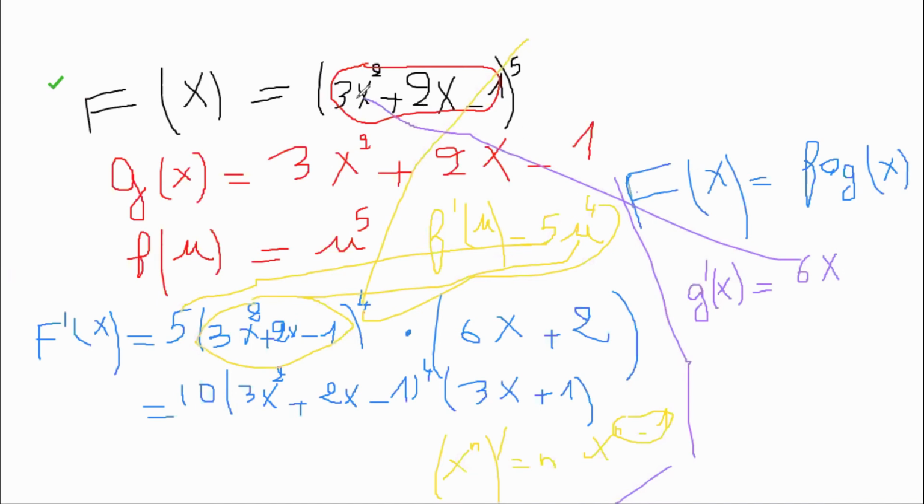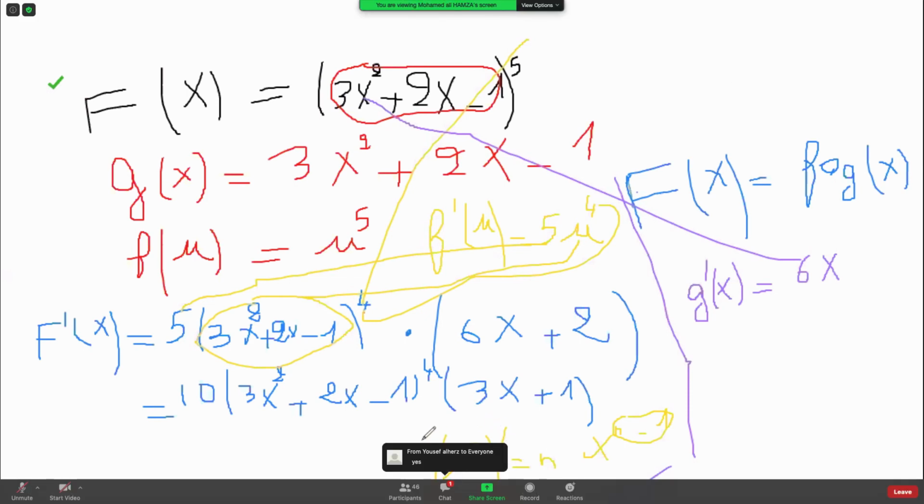Yes. The derivative of x squared is what, my friend? We apply the rule here. Okay, the derivative of x squared is 2x, then times 3 becomes 6x. The derivative of 2x is 2, okay. The derivative of minus 1 is 0. That's why we have 6x plus 2. Did I answer your question, or not yet? Doctor, thank you. Okay.